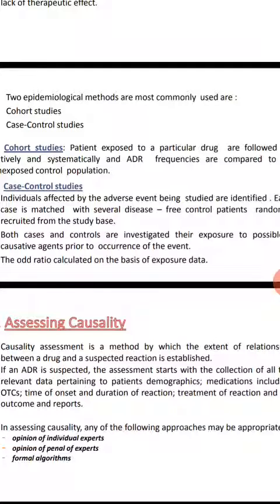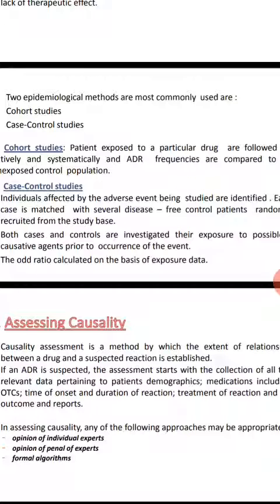So for example, one new drug is used for the treatment of diabetes. You have to collect the diabetic patients who are receiving the new drug or are under the treatment; those persons are exposed to the particular drug. As well as that, you can collect more diabetic patients who are not receiving the particular drug. So that is the control cohort and the exposure cohort.